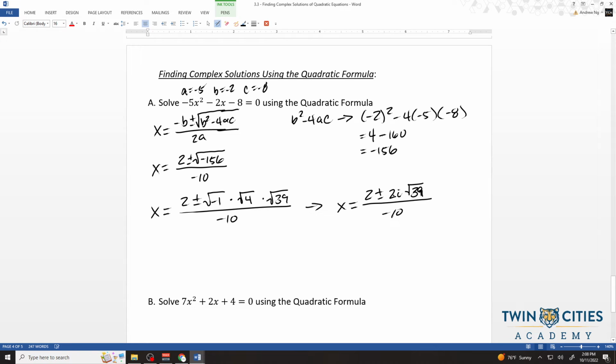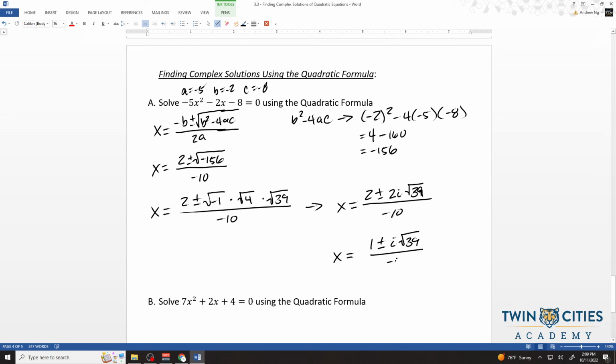Lastly, the 2, this 10 here, they're all divisible by 2 since they're all even. So x is equal to 1 plus or minus i square root of 39 over